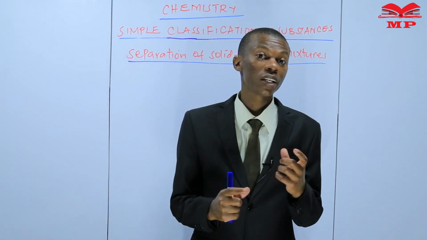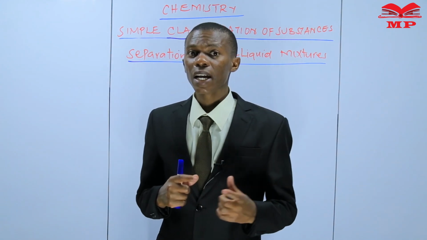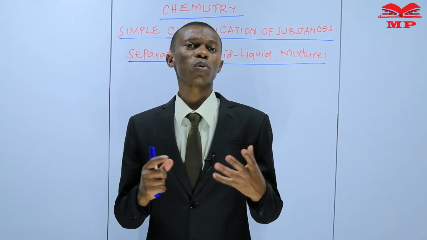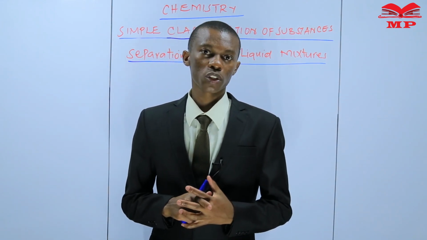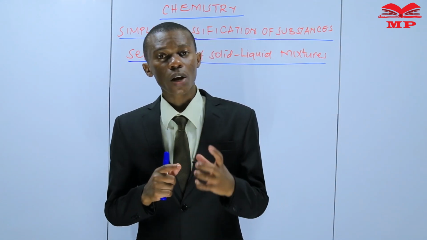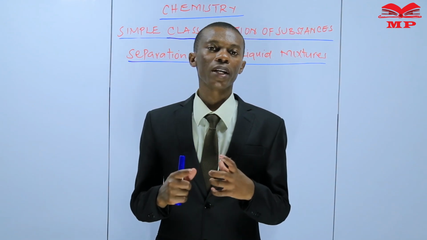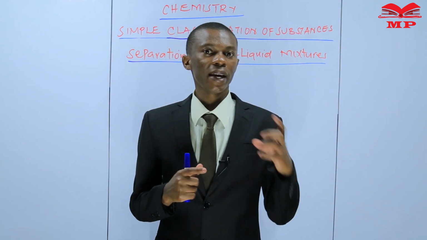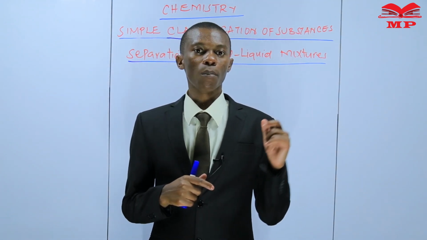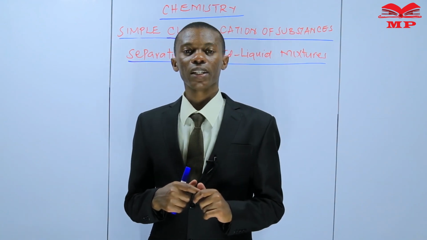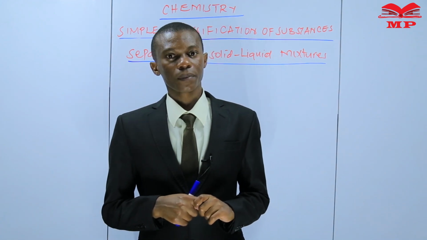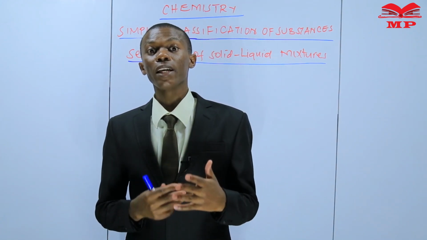Then this iodine vapor, or iodine gas, cools to form the shiny black crystals again, and this process we called deposition. We also gave examples of substances which are able to undergo sublimation and deposition processes, such as iodine, ammonium chloride, solid carbon dioxide, and anhydrous iron(III) chloride. Again, we gave the application of this, and then we said that